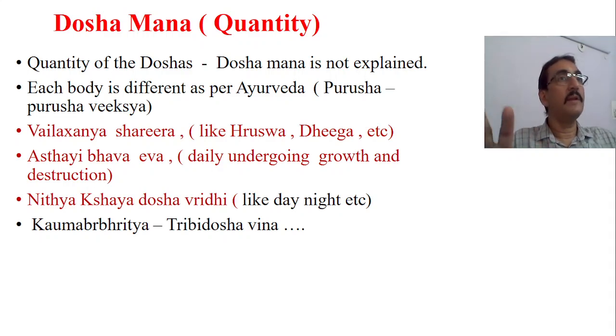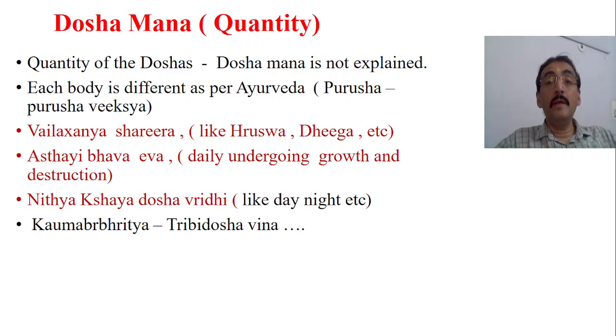Similarly, the vata doshas. For example, in children, Kashyapa very clearly says that in the body of the child, the vata doshas are not completely formed. Therefore, the treatment and management of the children is very difficult, as they cannot express, and we rely on chesta and ingita darshana. So dosha mana is not explained because each body is different, and within each body the amount of the dosha is also different. It is not an equal one or average one.